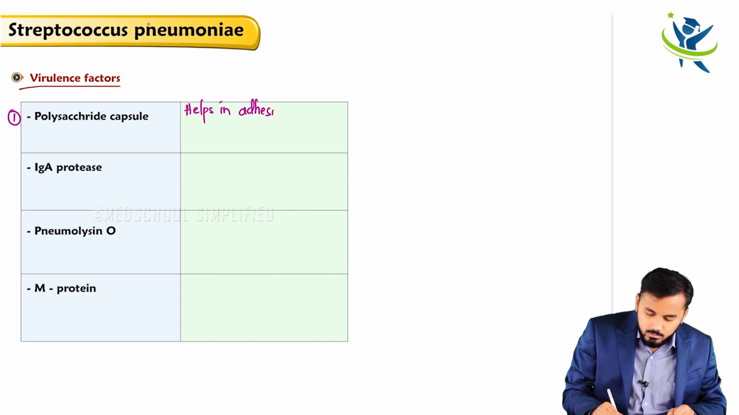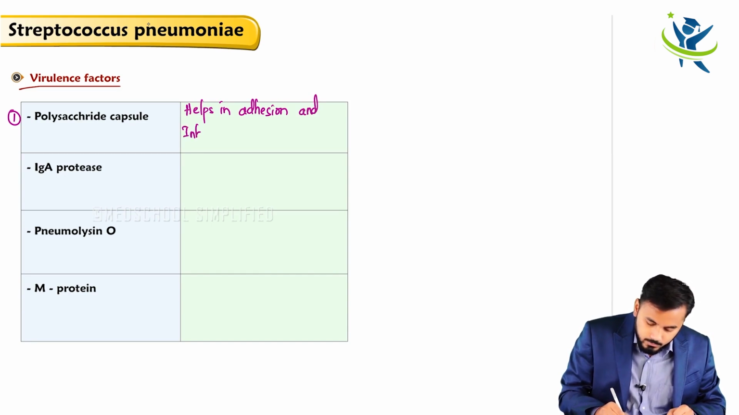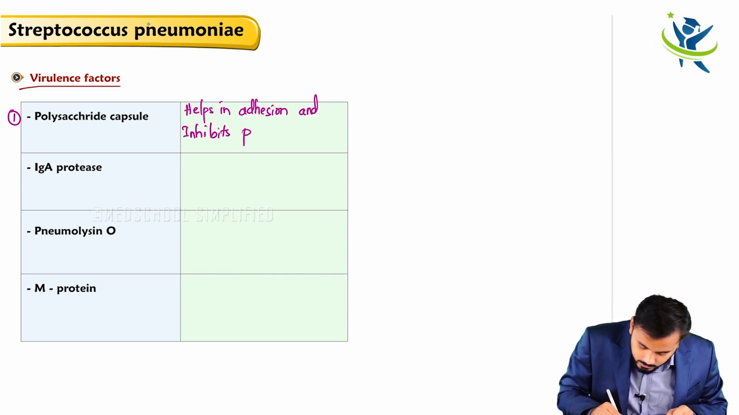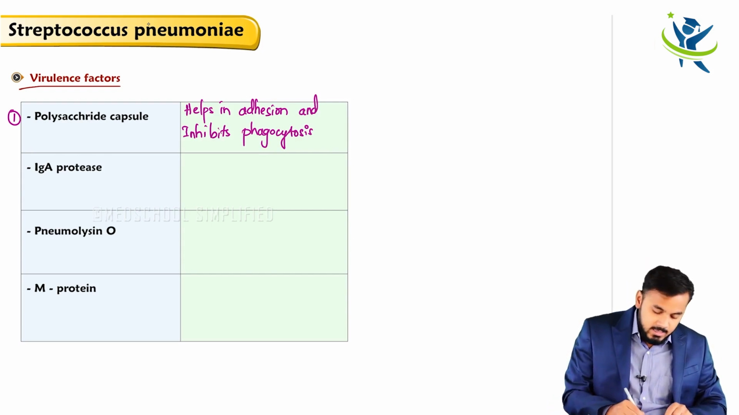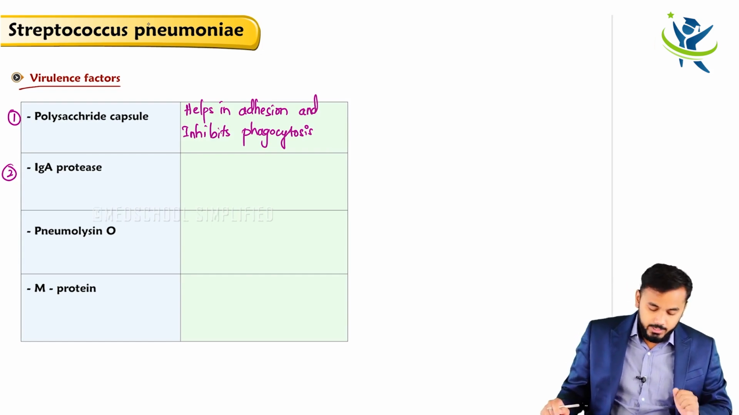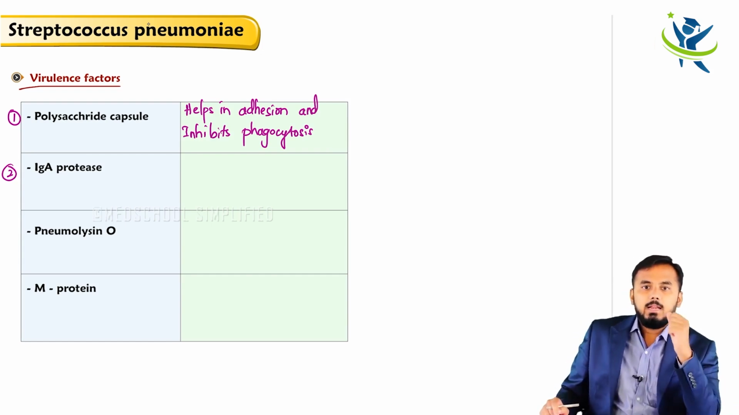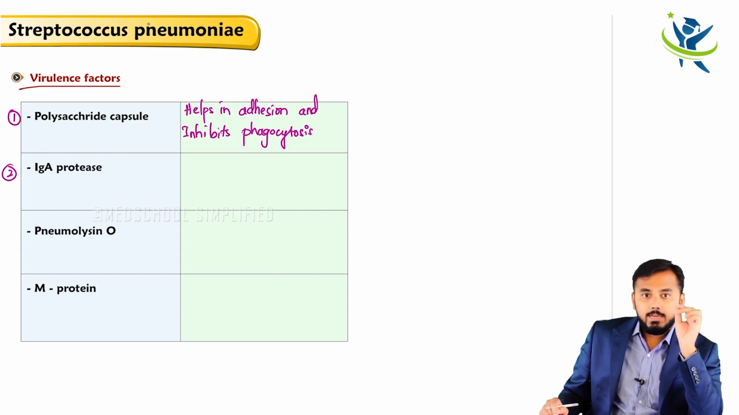Helps in adhesion of the bacteria and inhibits phagocytosis. Next, another very important virulence factor is that this bacteria releases an enzyme called IgA protease. What does this IgA protease do? In our saliva, in our mouth, we have IgA antibodies, right? So, for example, if I eat this bacteria, in my mouth it releases IgA protease,